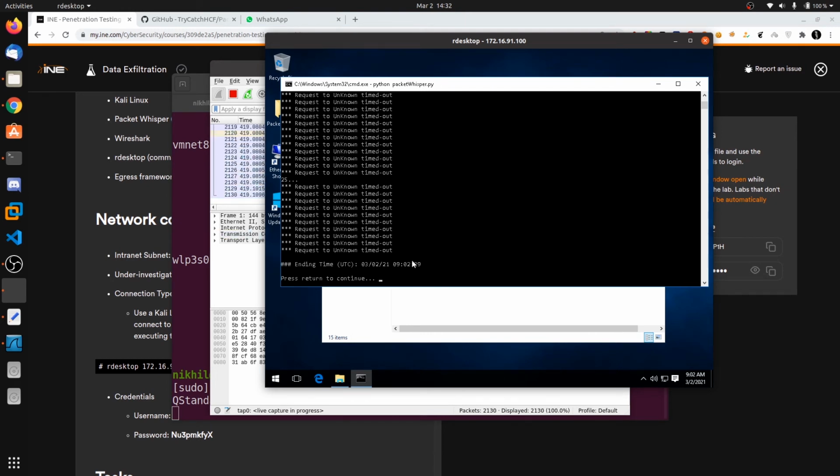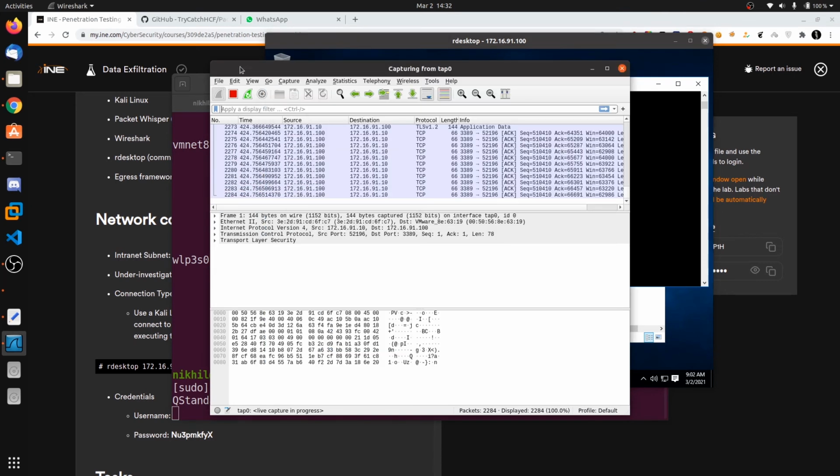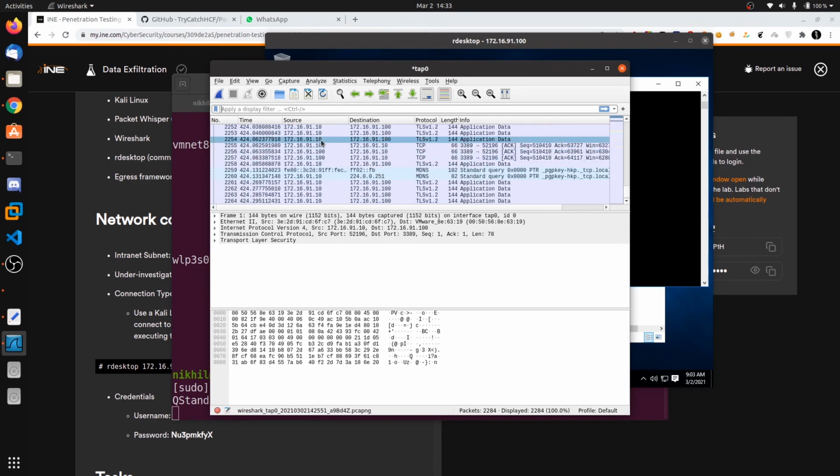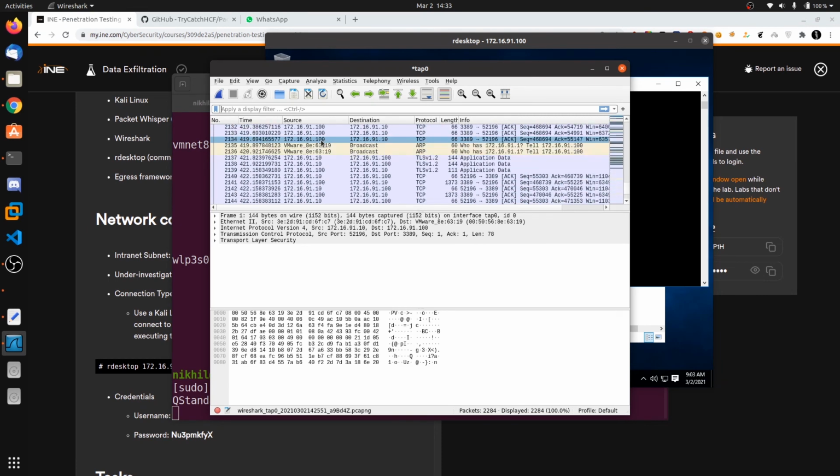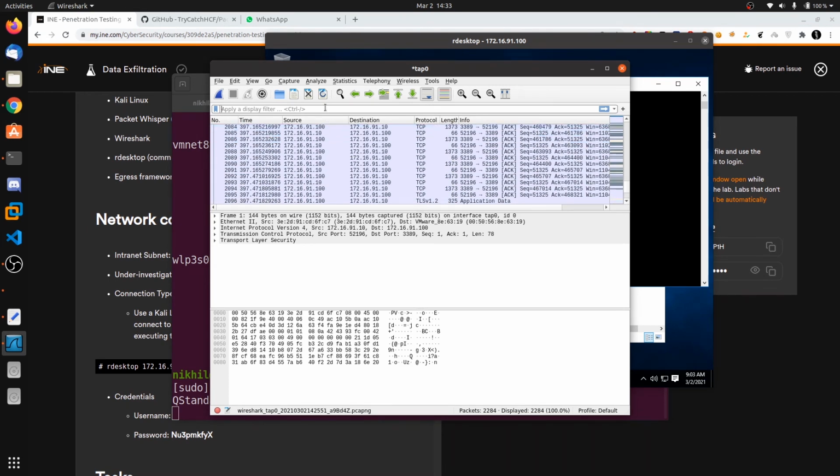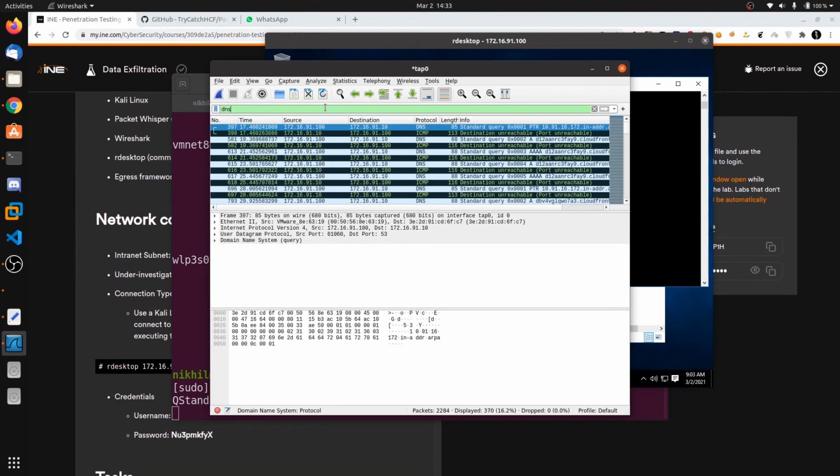Okay, now the data has been transferred. Now you can press enter, and now coming to this Wireshark, you can stop the capture. I think we need to filter for DNS. There are so many requests.